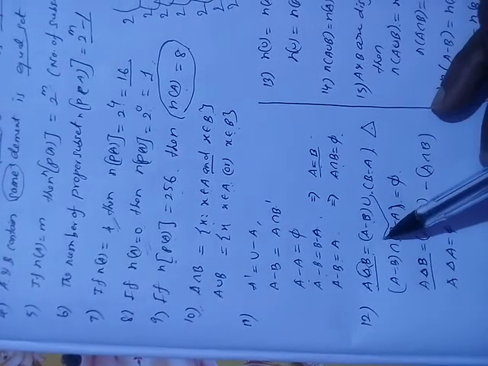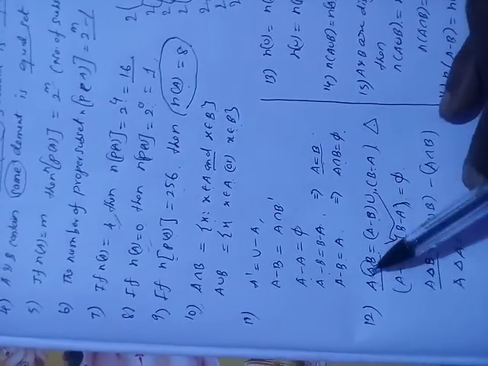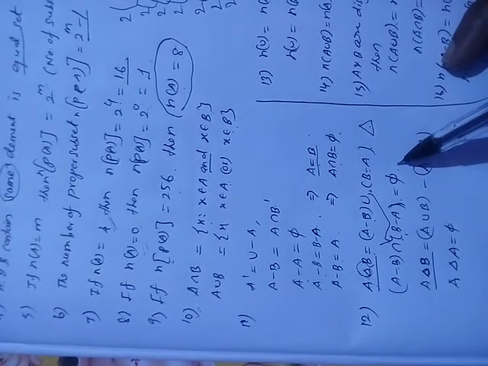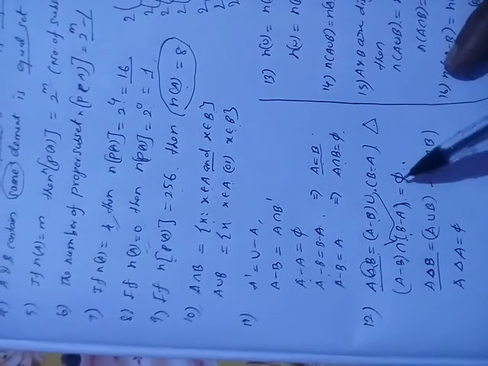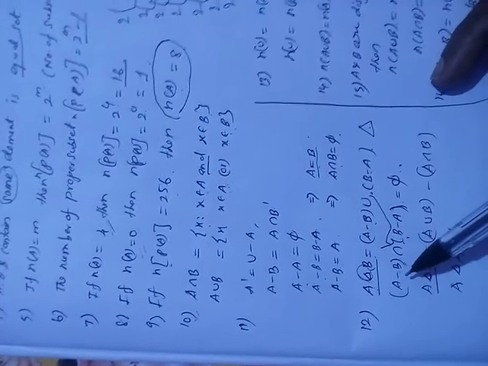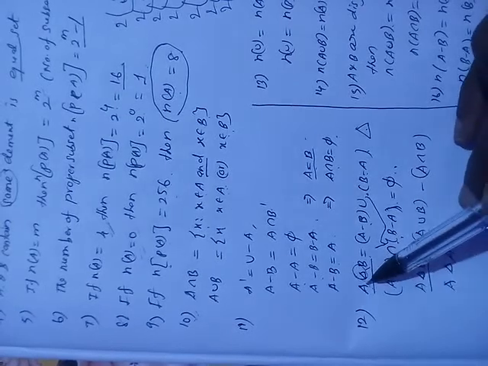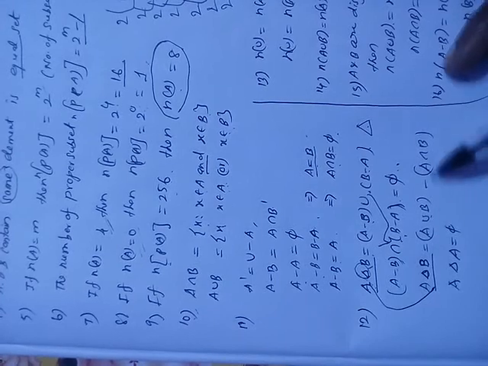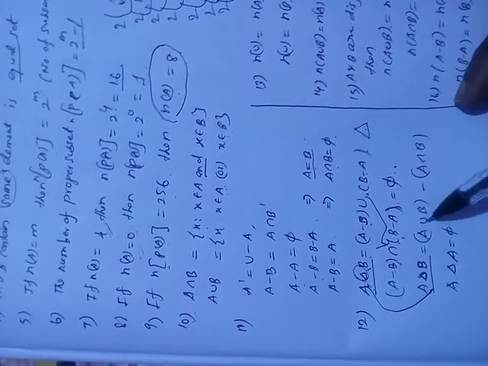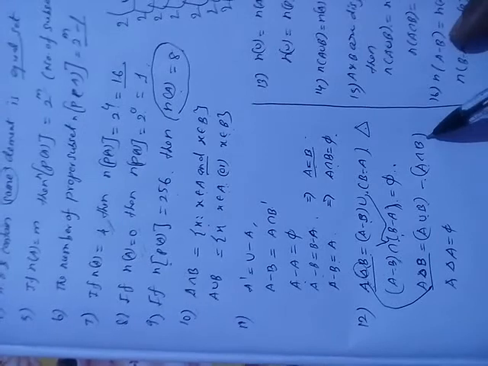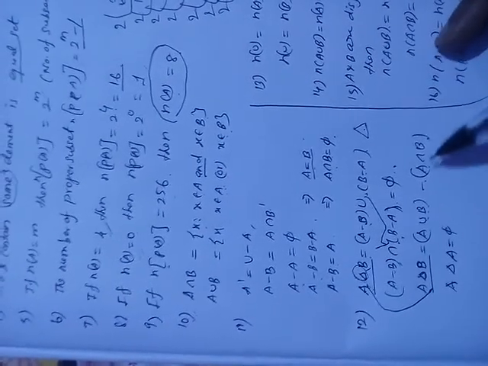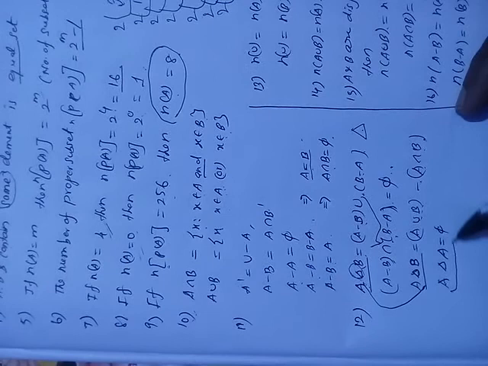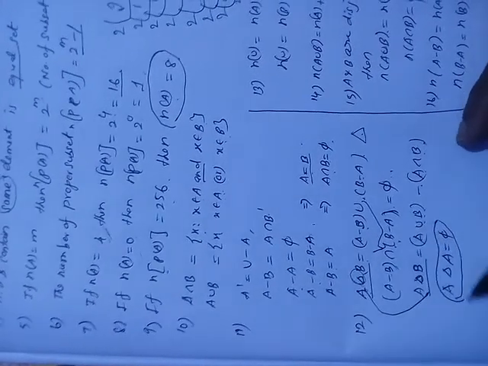The converse: union means symmetric difference, intersection means empty. For A minus B and B minus A, there are no common elements. In a similar way, the third one is the difference in terms of union and intersection: A delta B is equal to (A union B) minus (A intersection B). And A delta A, the same set, or B delta B, is empty.